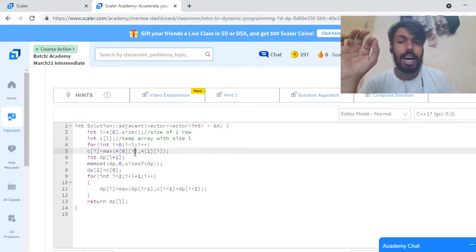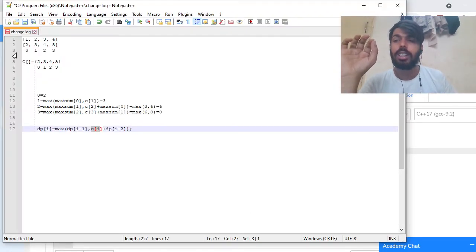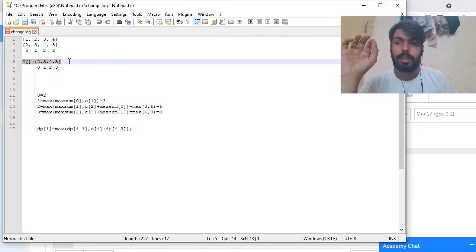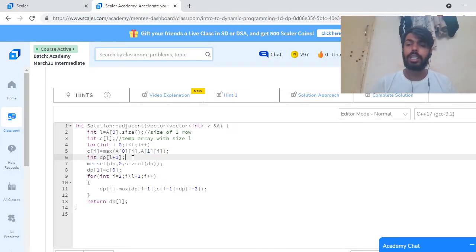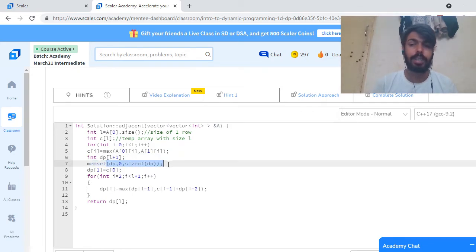In this array, I will select the maximum of a0[i] or a1[i]. So basically I am creating one array and selecting the maximum at the 0th index, 1st index, 2nd index, 3rd index. And I have created one DP array of size L plus 1 and assigned each value as 0.